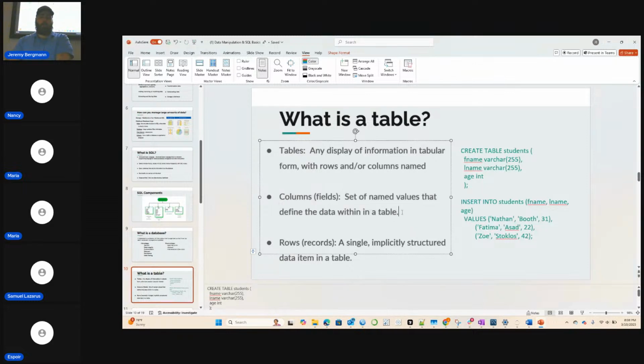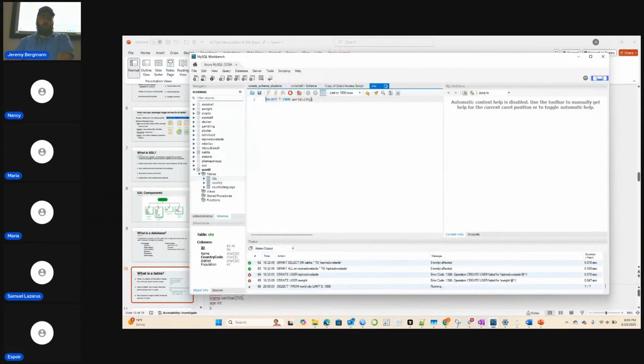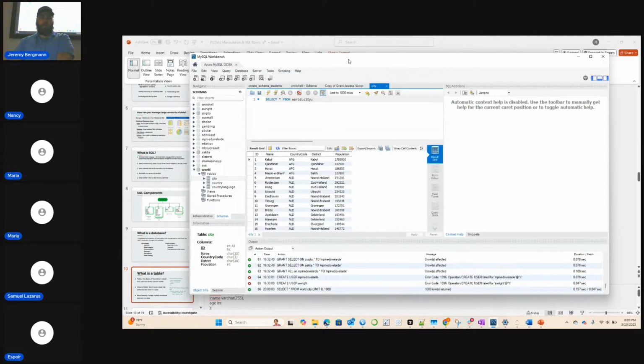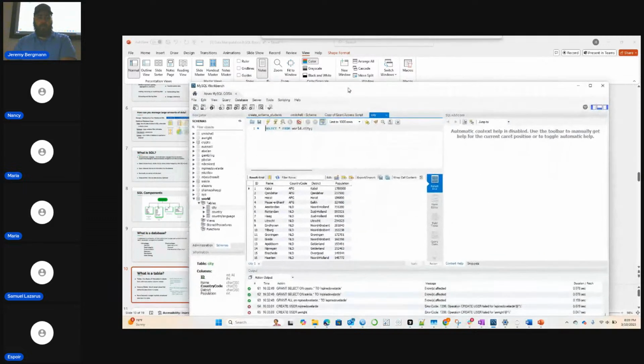So in the world database that we're going to look at, if you looked at the city table, maybe the columns in the city would be like city name, population, density, all sorts of different things. I'll actually show this to you. They're just a way to name values that define data within the table.